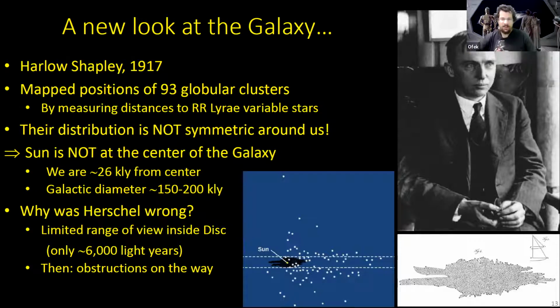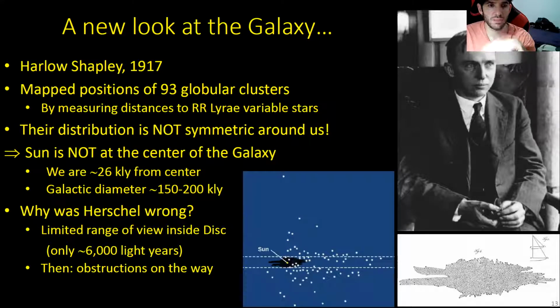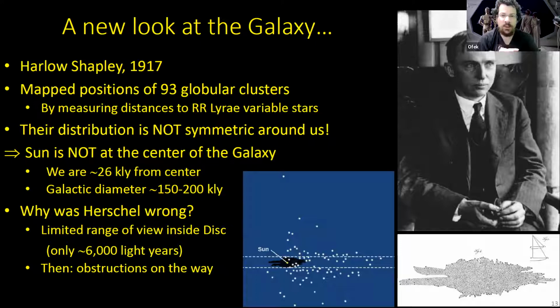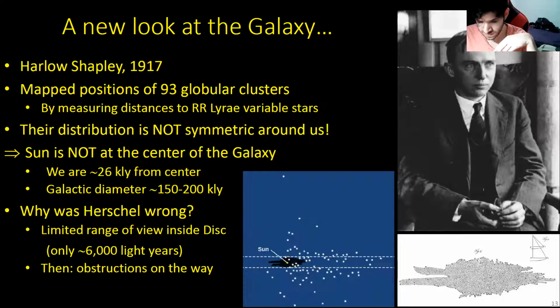Any questions thus far? So Herschel only mapped a local cluster, and he thought it was the entire galaxy back then? Yes, Herschel could only see the very local neighborhood, basically our own spiral arm, or some of our spiral arm, not even all of that, because the dust blocked stars further away. So we couldn't see further than the dust blocking.